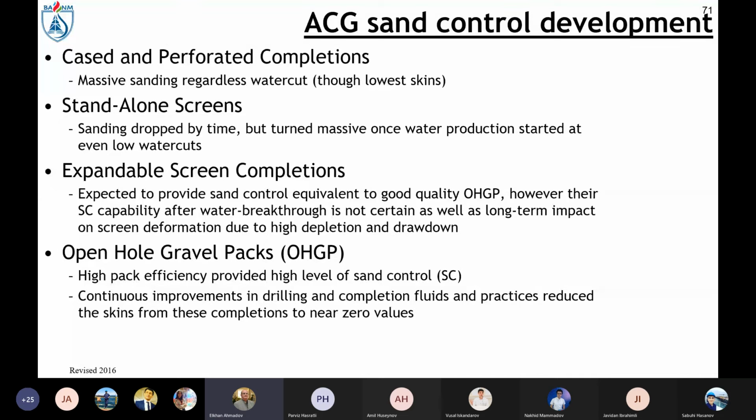So for that we have mechanical prevention,